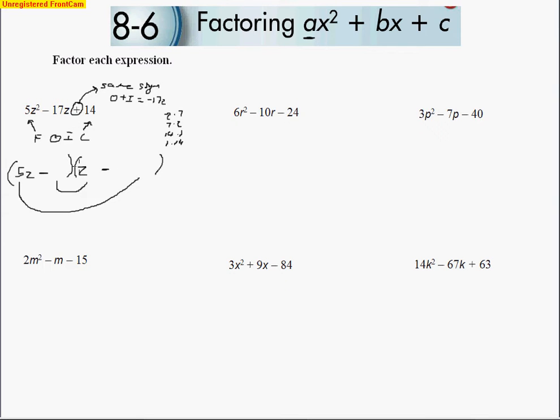multiply to make 14. So as I do it, I'm thinking of trying to get numbers to add to make 17. So I need to multiply 5 by a number that's not going to make it bigger than 17. So like 5 times 14 would not end up working out. 5 times 7 would not end up working out, because those products are bigger than 17. So I'm going to try this one. I'm going to try 2 here and a 7 here, see what happens. So this makes 7z, and this one here makes 10z, and those do add to make 17z. And so you see how both signs are negative, so it'll add to make a negative 17z, and that